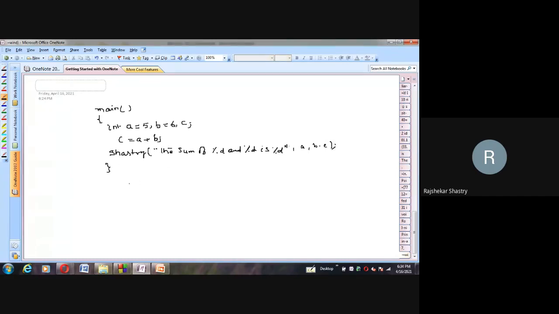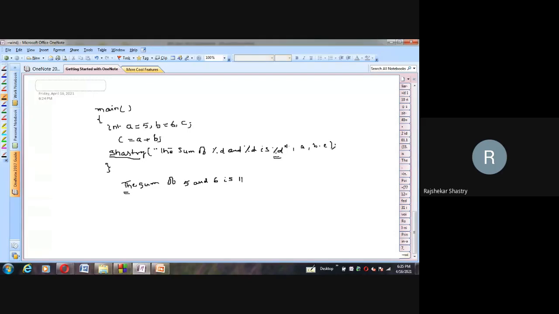If I say like this, and instead of this Shastri method I call the printf method, the printf method will print the output: the sum of what is %d. In place of that, the first a value will be printed, that is 5, and in place of the second %d, 6 will be printed. For the third, c will be printed. What is c? Sum of the two, which is 11. So this message will be printed on the screen, and this is the method I told you to implement, the Shastri method.